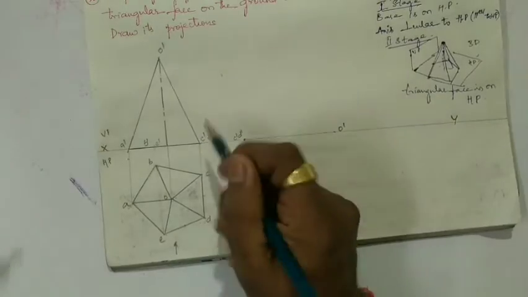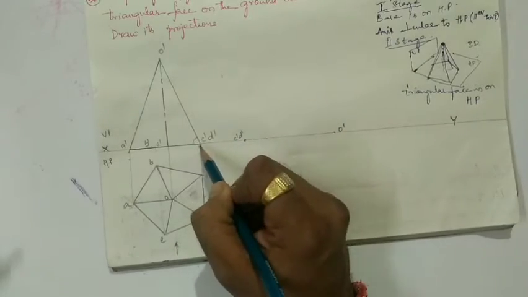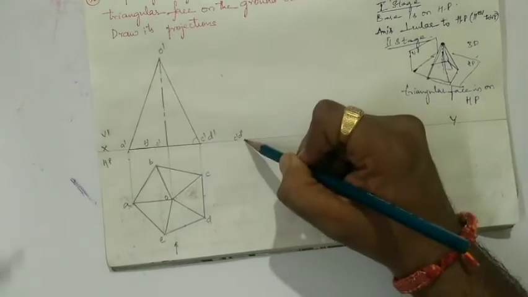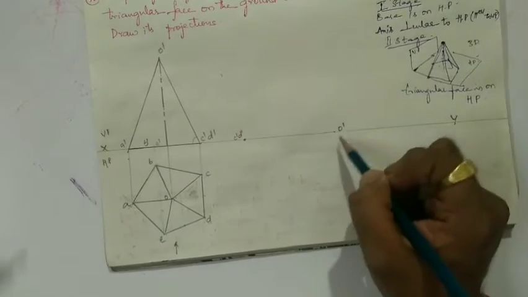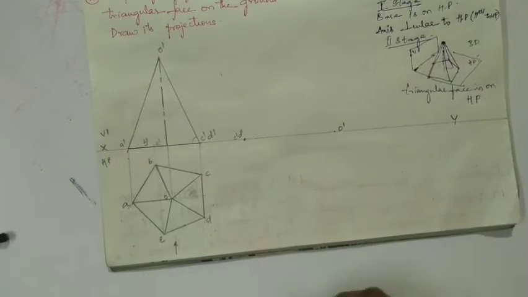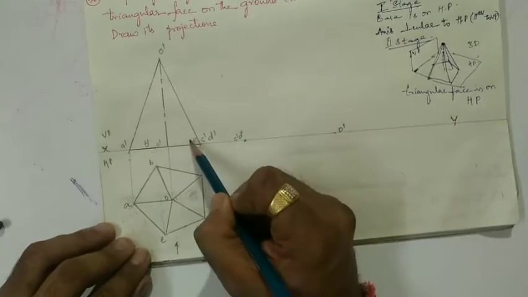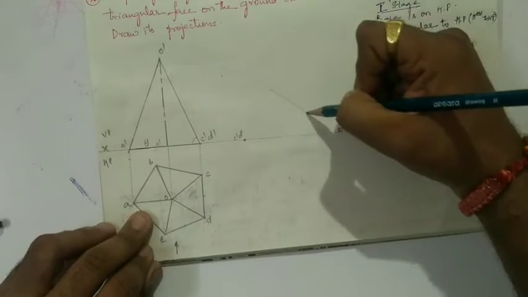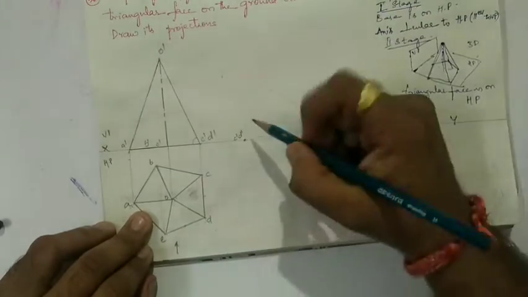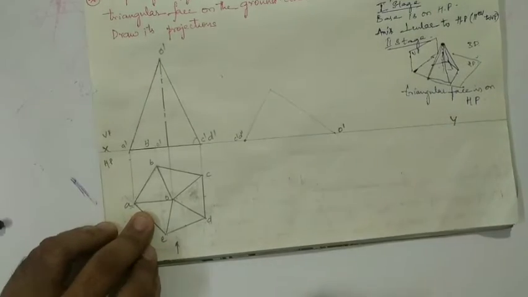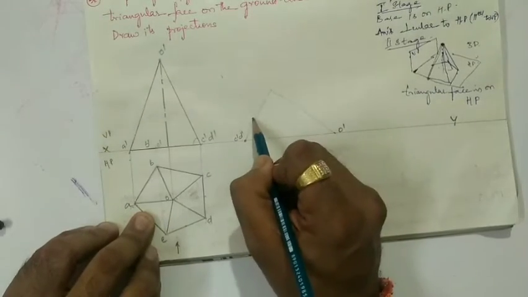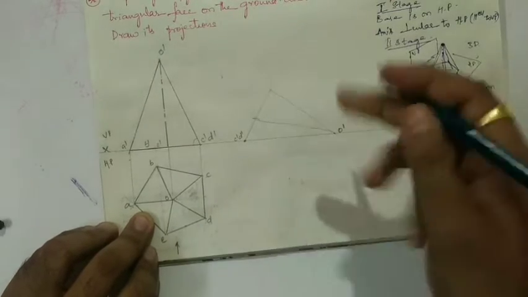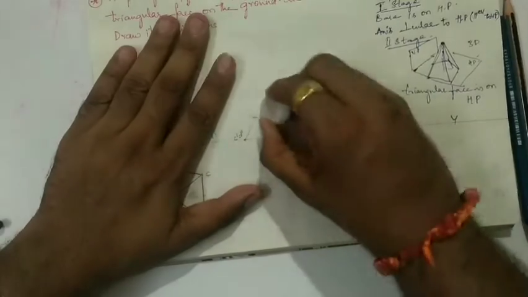If you have a protractor, measure the angle here between this slant edge and this base line. Measure the angle and draw the line at that angle and join it from O dash to that point. You need to measure the angle over here, draw the line at that certain angle and draw the line from here to here. So you will get the triangular face in this manner. You can easily locate the center point and join it to this point. If not in this case, here is one more easiest method which I can tell you. Just follow that.